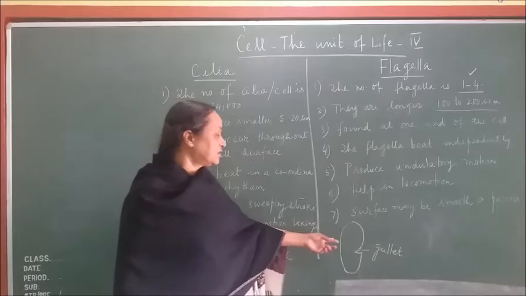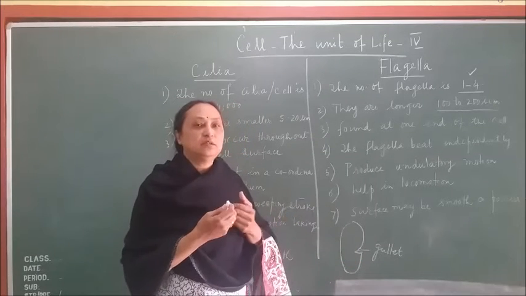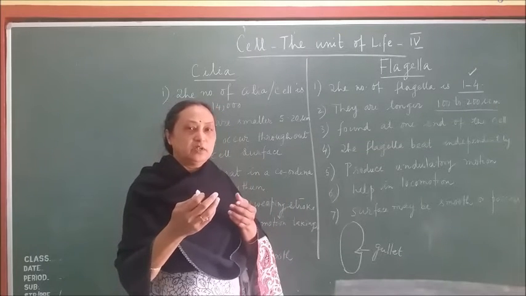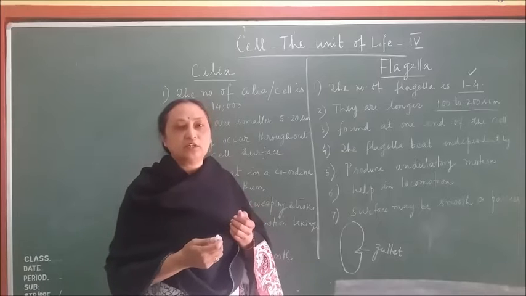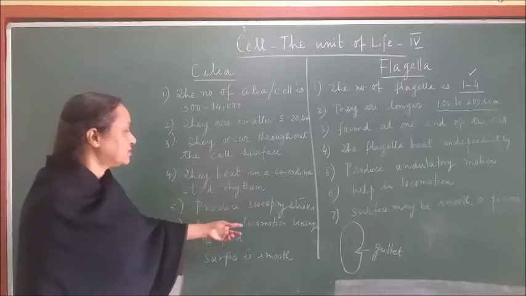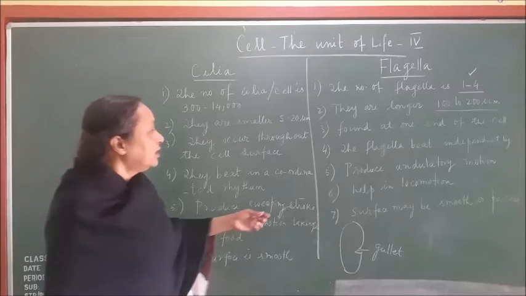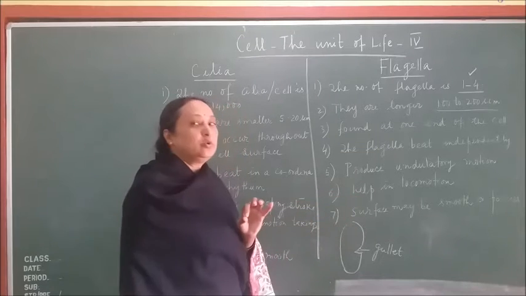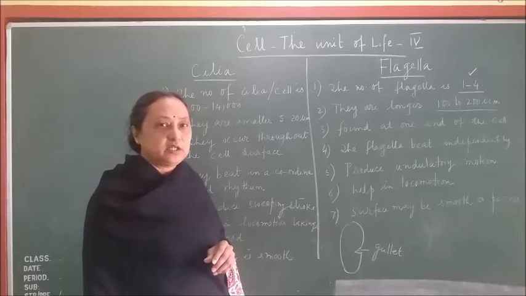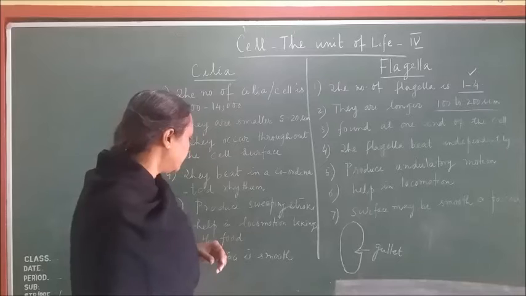In this place the cilia present are moving inward. As they move inside, they help the entry of food into the cytoplasm, the body of the organism. So cilia help either in locomotion or in taking food. Whereas flagella help only in locomotion. They do not help in taking any food material into the cell. They only help the organism move from one place to another.